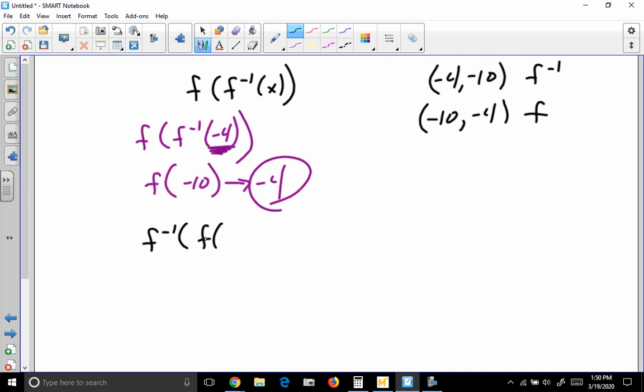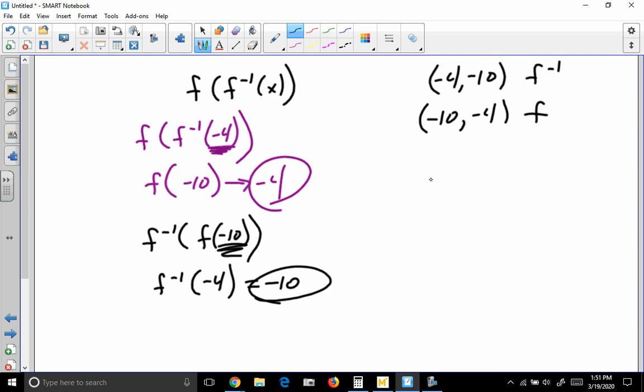If we put the function on the inside and the inverse on the outside, f of -10 is -4, so this function changed a -10 into that number. And f inverse takes -4 and changes it back into a -10. So it undid what the function did. So anytime we take the composition of a function and the inverse of that function, they undo each other, giving